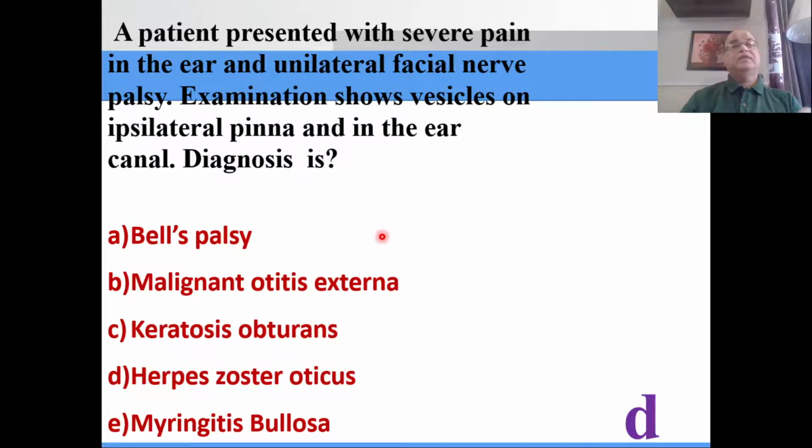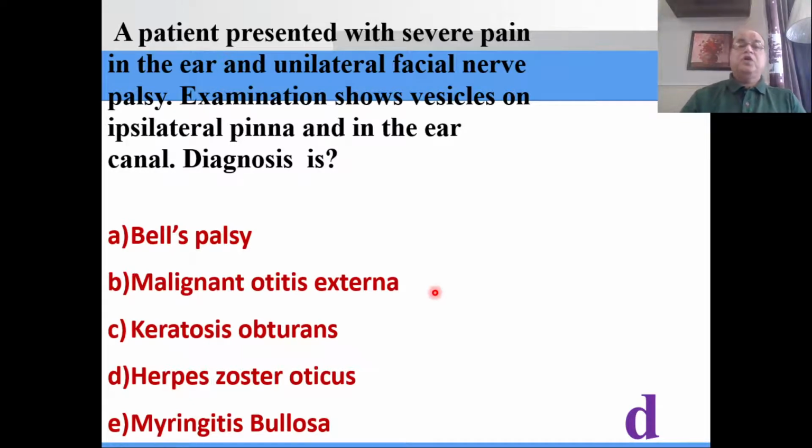When we say some disease is a diagnosis of exclusion, it means each and every possible cause of that particular disease should be ruled out. Secondly, in Bell's palsy, there is no vesicle formation. Malignant otitis externa, we know that it is a disease of the external ear. Facial nerve can be involved there, but in that case, there are no vesicles. Rather, there will be granulations, and those granulations will usually be present at the floor of the external auditory